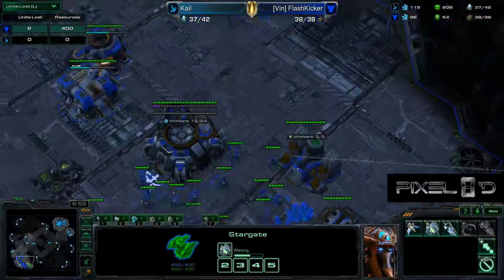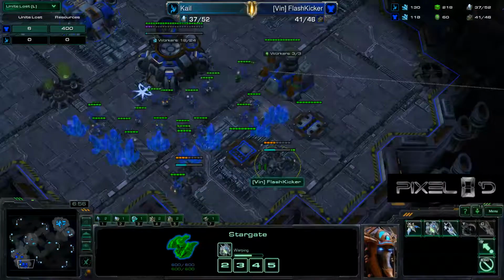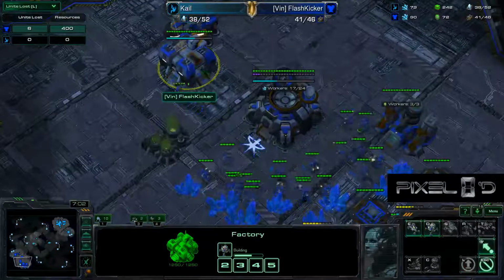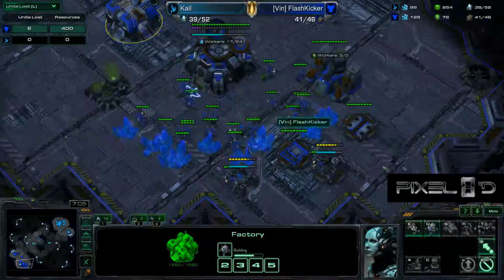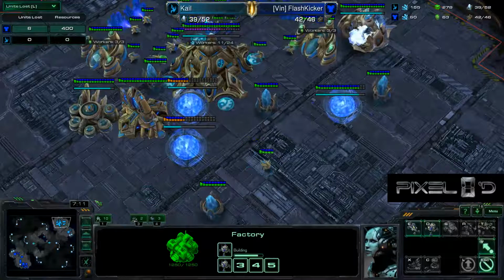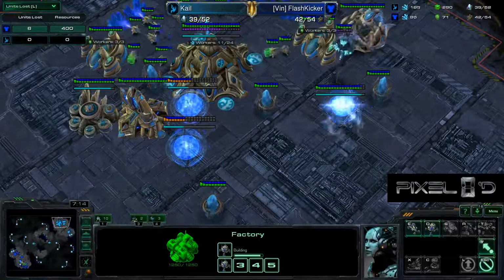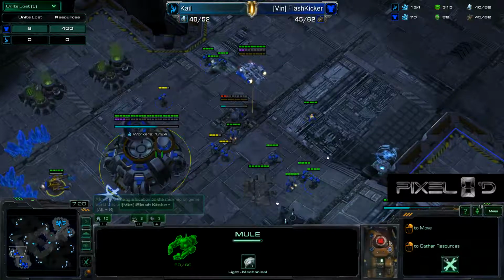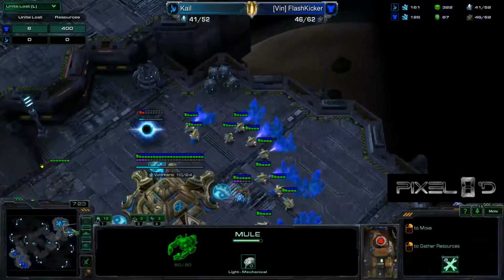Oracle is now on the way to follow this up. I was just about to say that if there was a Widow Mine over here, he could actually stop the Oracle dead in its tracks, but do 40 splash to his own units. Yes, Widow Mines do actually do splash damage to friendly units, but it looks like FlashKicker is just slowly starting